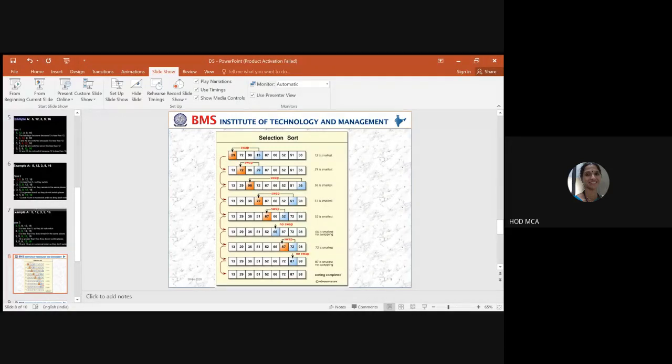Then what I do, I start comparing from the second element onwards. So 72 I compare with 98. In each iteration, whichever is the smallest element should come to the correct position. In the first case 13 was the smallest, it has come to the first position. In the second rectangle, 29 is the smallest. I start comparing from here. 72 with 98 I compare, there is no swap. 72 with 29 I compare, 29 comes to the second position.